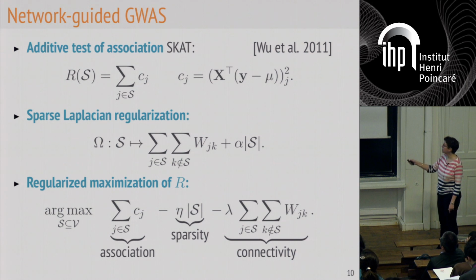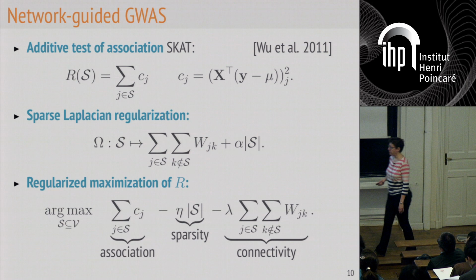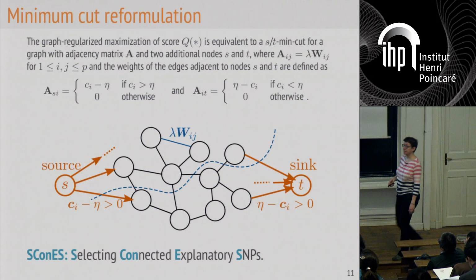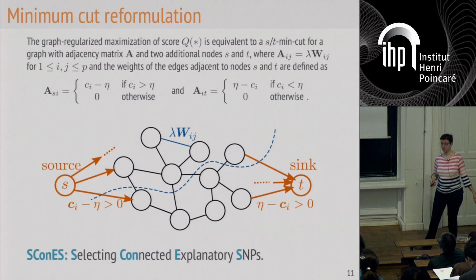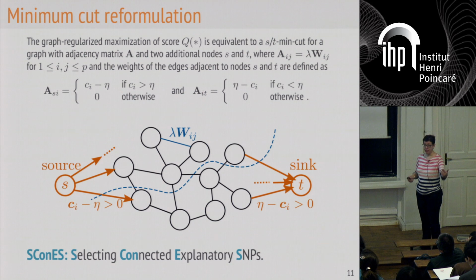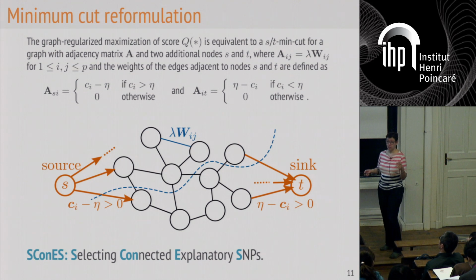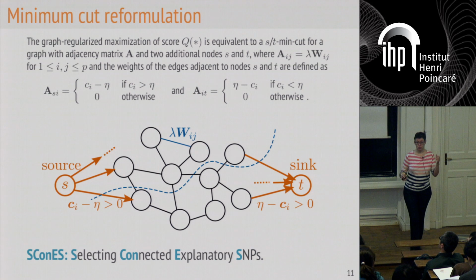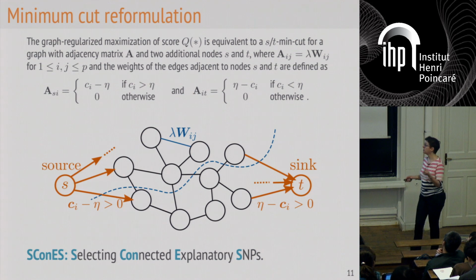Okay, and then you have this maximization of your score under the constraint that there should be few variables selected, and this connectivity constraint that they should be connected on the network. So the nice thing about this formulation is that we moved from trying to find weights in R^p and then considering as selected the features which had a non-zero weight, to a binary problem where we're in binary space. We just want to know whether a feature is involved or not.